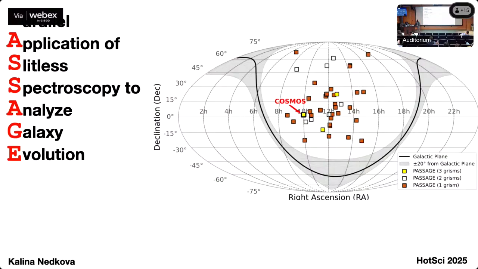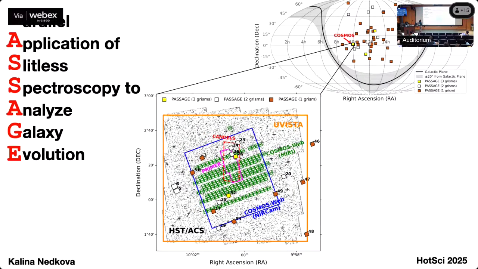But if you count up all of these boxes here, you will not count 63. And that's because a lot of our fields are close to each other. And so in this plot, they overlap. It turns out that astronomers are really interested in areas like COSMOS. And so if we zoom in on the COSMOS field here, you can see that we have about 10 fields that overlap with the COSMOS-Web footprint, and about 15 that overlap with the HST ACS footprint. And so these are fantastic